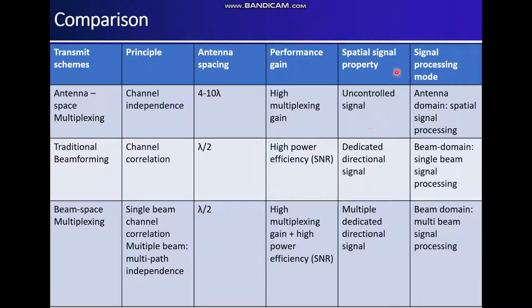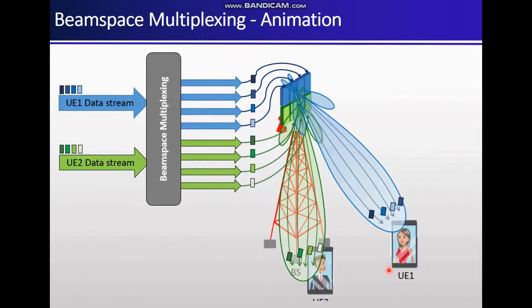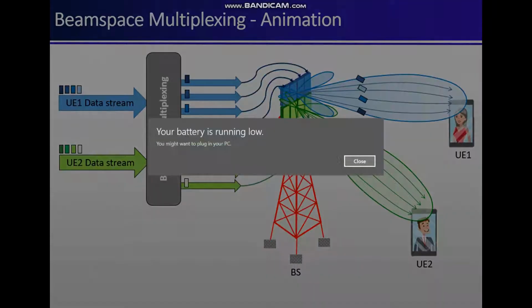So the signal spatial property in beamspace multiplexing is that there are multiple dedicated directional signals, and the domain is the beam domain. Multi-beam signal processing is used and exploited. This is the simulation and animation which I have created to give a very good intuition about this beamspace multiplexing